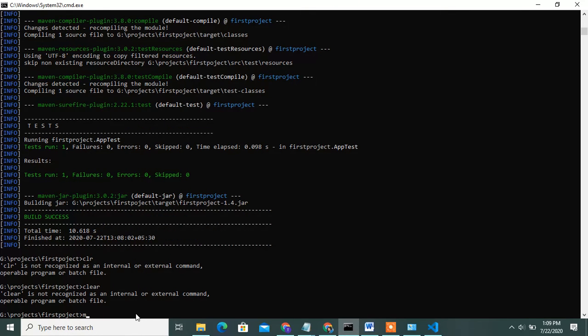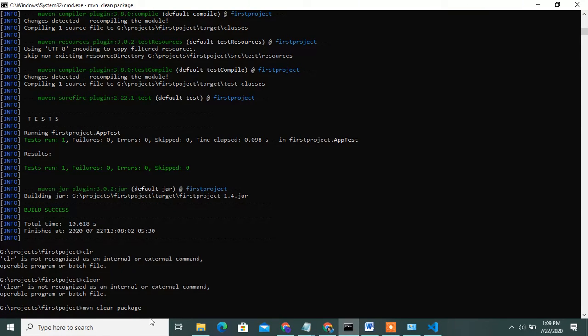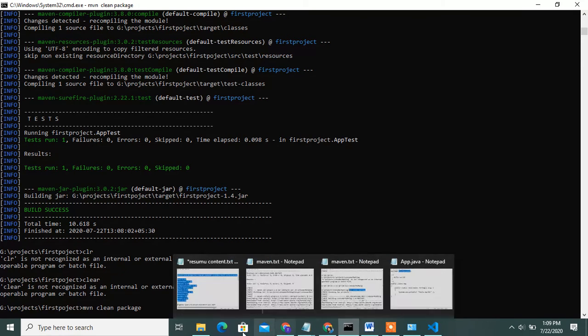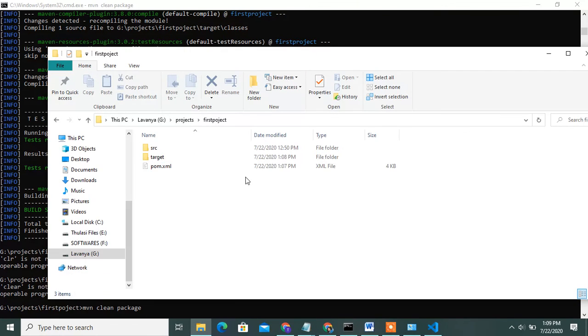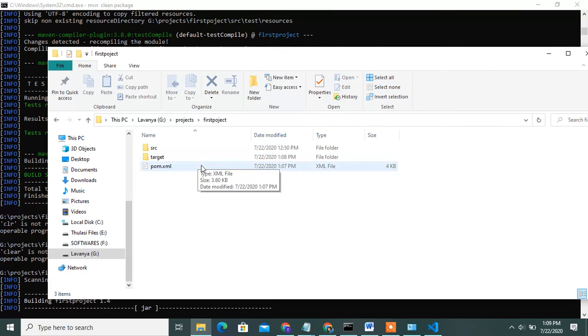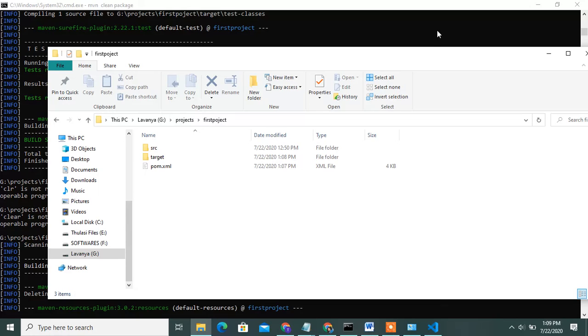Once you run mvn clean package, first the existing target folder is deleted, then you create the new target folder.